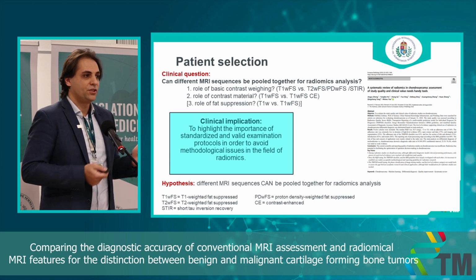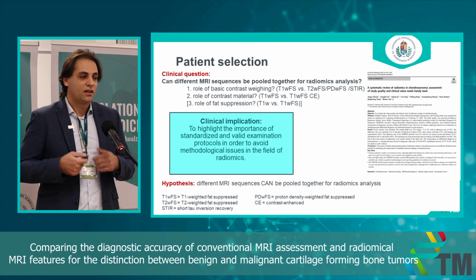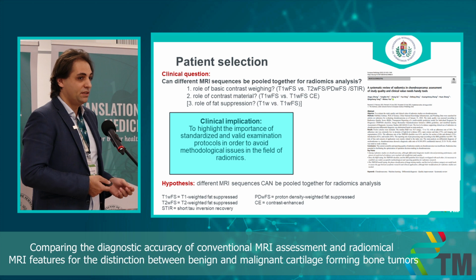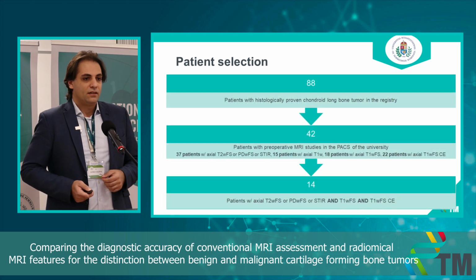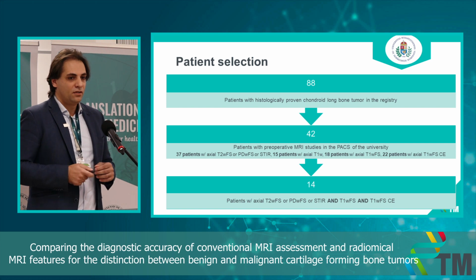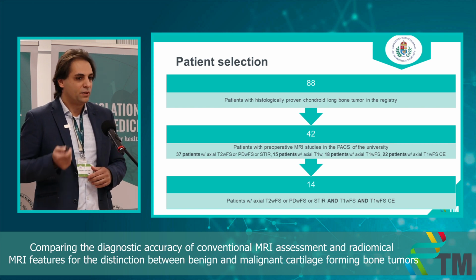Is this methodology good enough in the methodology department? In our patient population, we examined the role of basic contrast weighting and the role of contrast material. Can these sequences be put together for analysis? We found 14 patients who had both T1 weighted images with and without contrast enhancement and a fluid sensitive